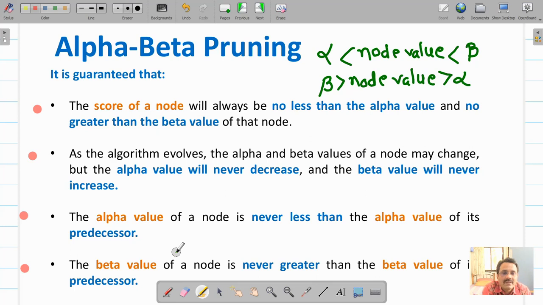The alpha value will be updated by the max node and the beta value will be updated by the min node. So alpha is the minimum that I can take. Initially we will not have values of alpha and beta, so we will have to assume, in the worst case, what will be the alpha and what will be the beta. So associate those values and traverse your game tree in the same way as the minimax algorithm, that is, in depth first search manner.